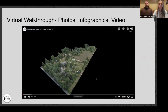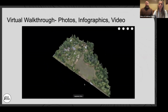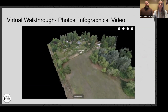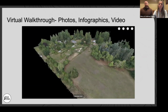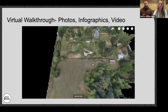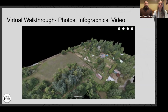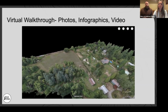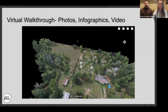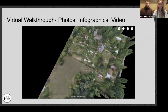So within these 3D models that we created, we're back at Inspiration Farm here, by the way. Within these 3D models, we really love this as a teaching tool because you get to see more of the landform. You get to see how this land is shaped, and you see how the ponds are laid out, and the swales are laid out, and the food forest is laid out. All of that, from this 3D model perspective, you get a far more clear understanding of how